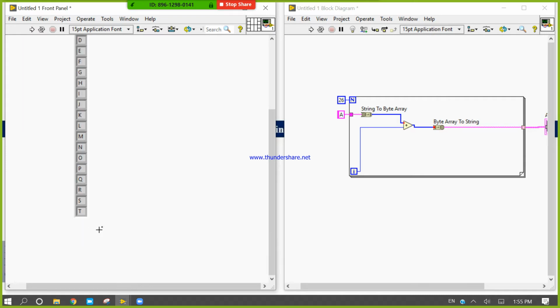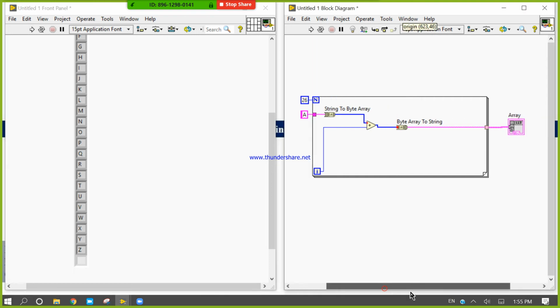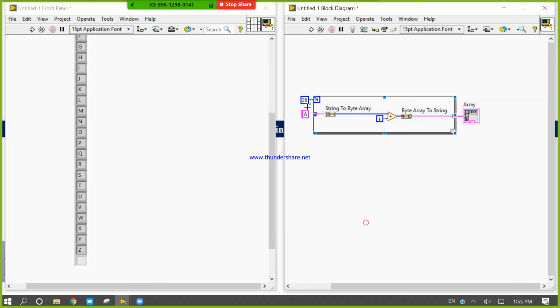Okay, it will generate A to Z. To convert it into the small A to Z, right? Small a, it will convert for small A to Z.